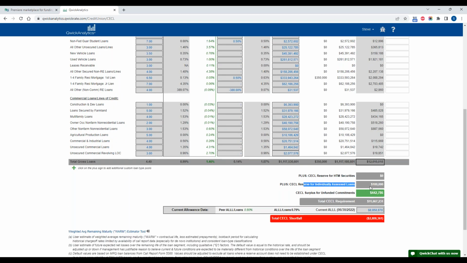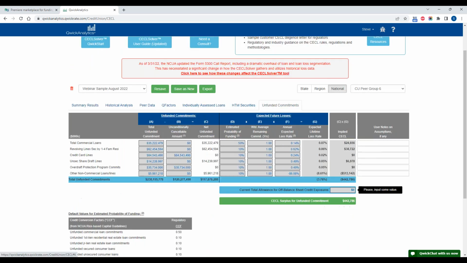This is where the reserve for the individually assessed loans comes back into play. And then last but not least is any surplus or shortfall for unfunded commitments. So this is another pretty small piece of the puzzle for most credit unions, but it's not negligible. Starting next year on the call reports, there will be a line item requiring you to calculate an ACL for off-balance sheet credit exposures. And so we will have to deal with it because it will be something we'll have to plug into the